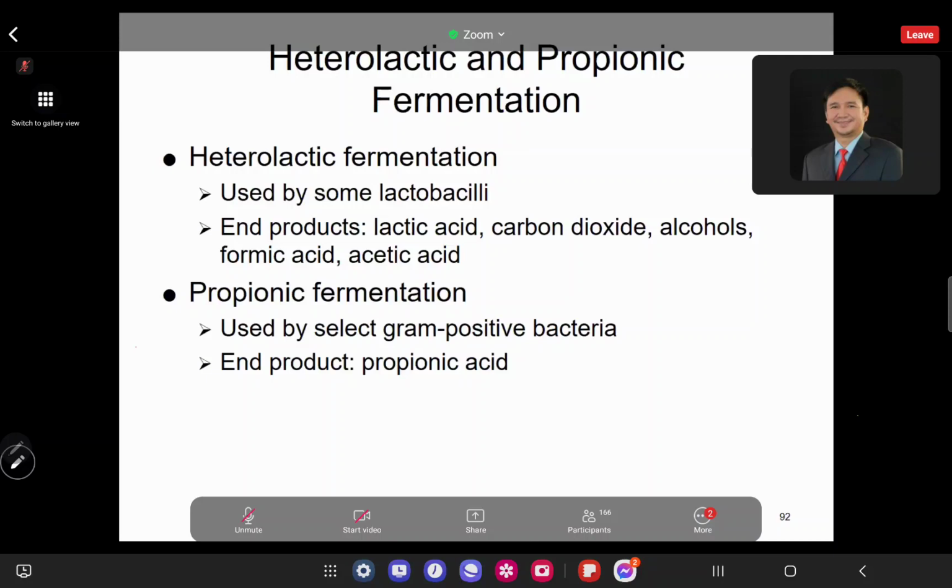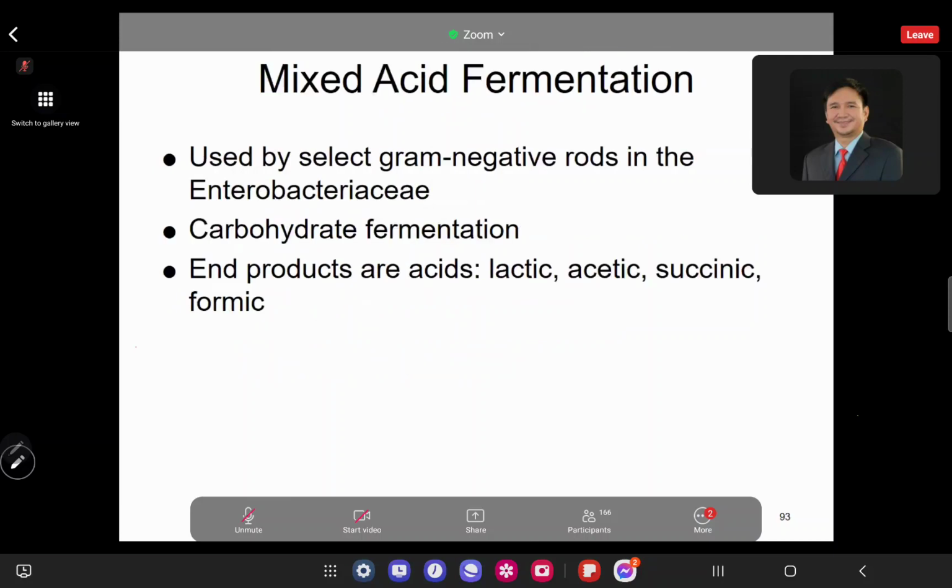How about your propionic fermentation? Used by your Propionibacterium or your Cutibacterium acnes. End product is your propionic acid. It contributes to acne development via inflammatory byproducts. It also underscores its role in targeted treatments like antibiotics or probiotics. And then we have your mixed acid fermentation